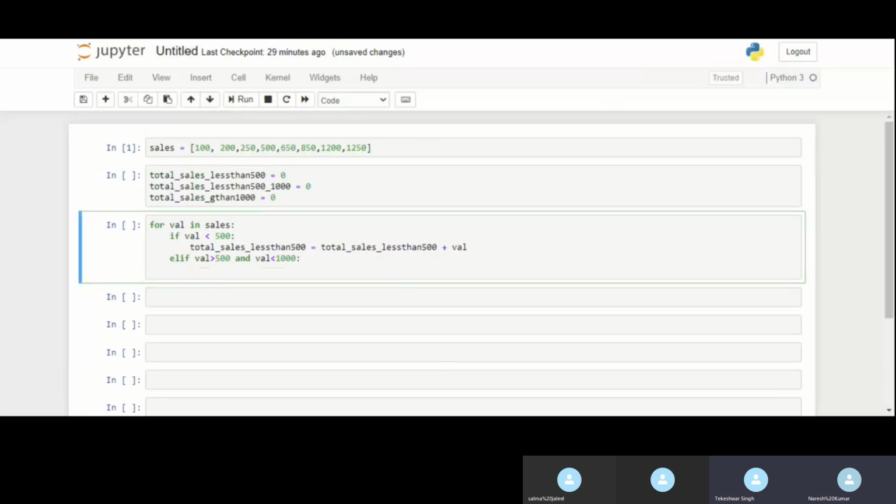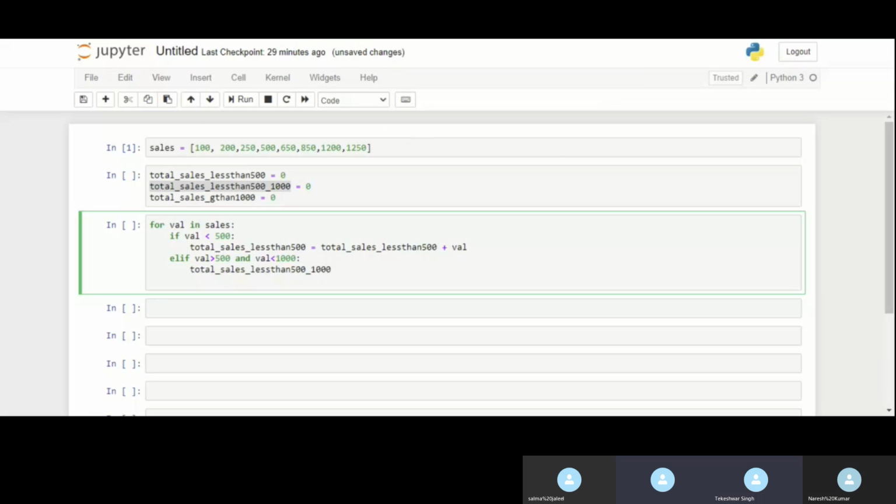Then it will take this one equal to this plus val. Let me put it in this bracket.